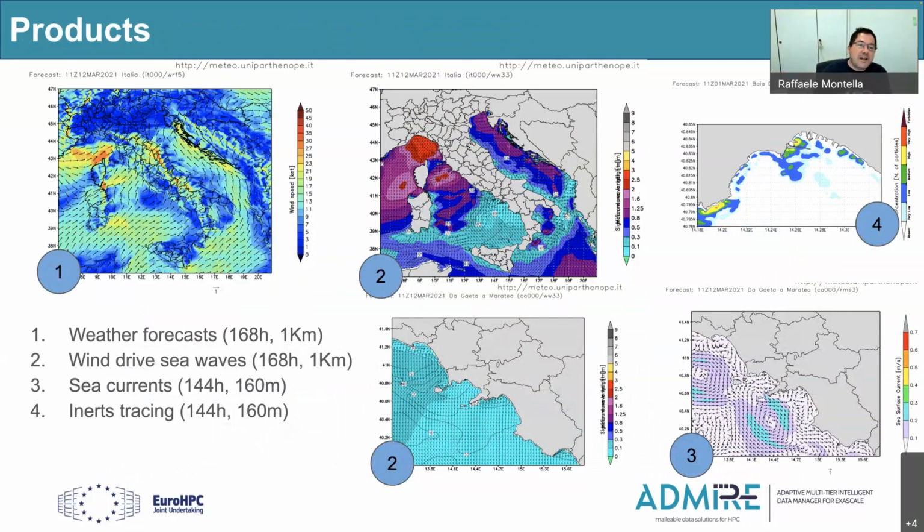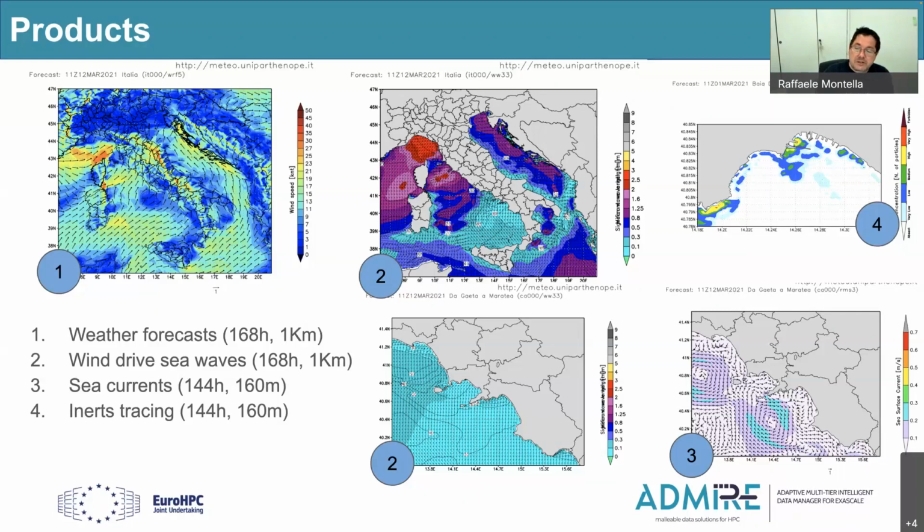Number one is the weather forecast, while box number two shows the forecast of waves produced by the wind. Maybe one of the most interesting, especially for the ADMIRE project, are the pictures in boxes 3 and 4,